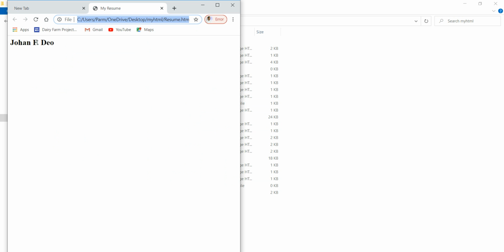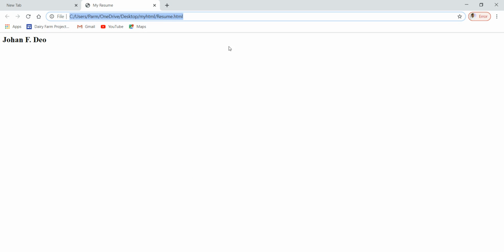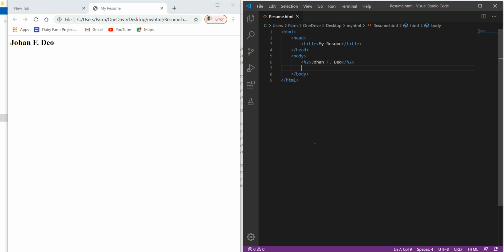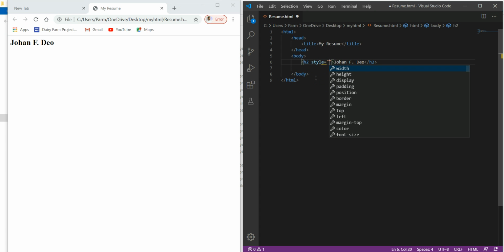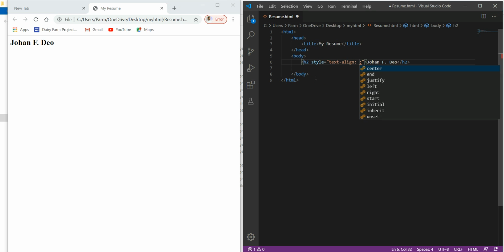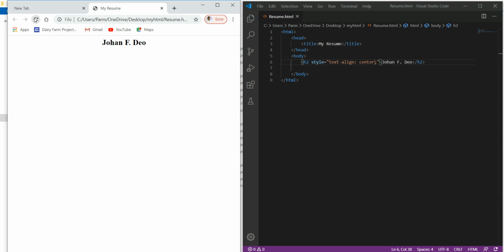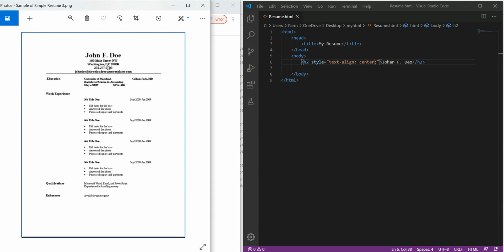We wanted to make it aligned center, because we want it in the center of the page. For that we have to use the style property. Here we go with the style, and we choose text-align center. Then again save this, refresh this. Now this has been moved to the center of the page.